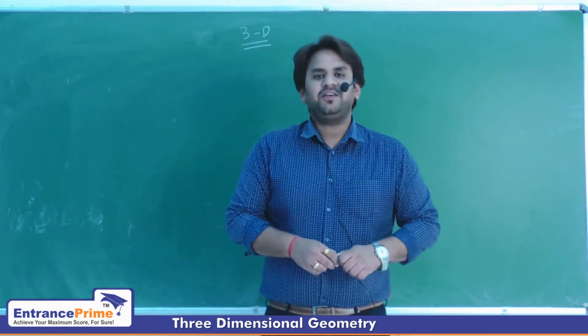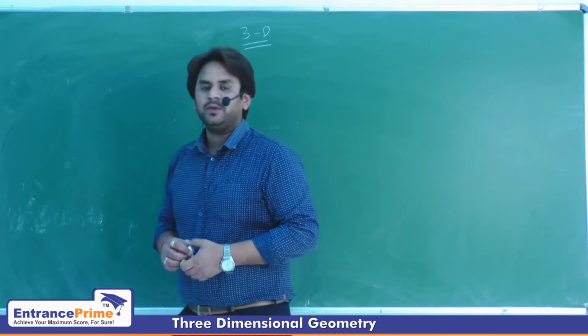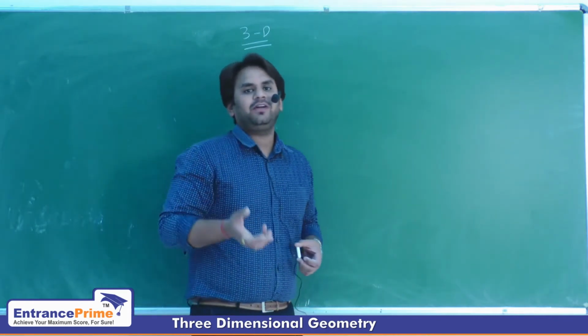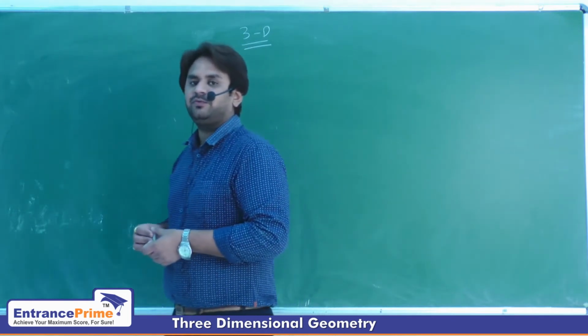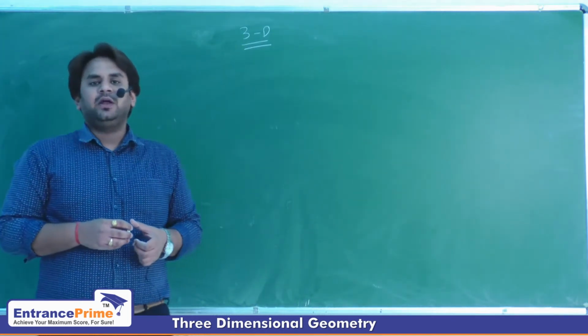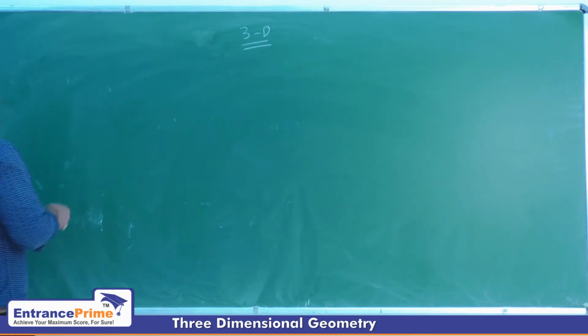Good morning. We have studied three types of plane. First plane is your equation of plane in normal form. Second plane is some normal vector is given and some point is given. And third form is if the plane is passing from three non-collinear points. Now we will study the next type, how to find the equation of a plane.